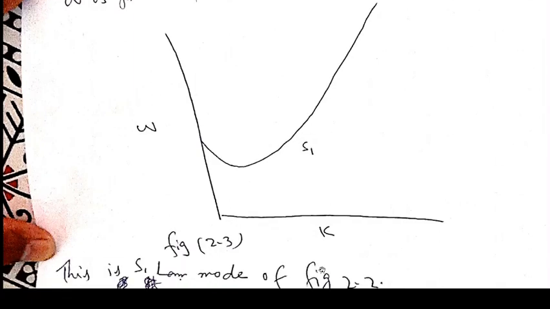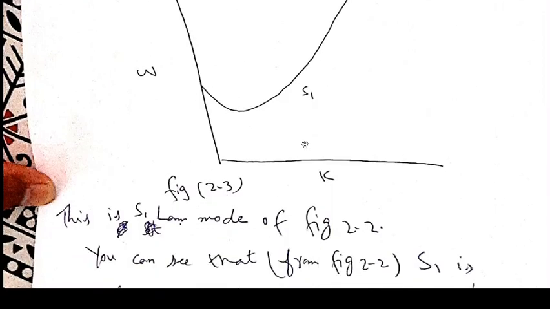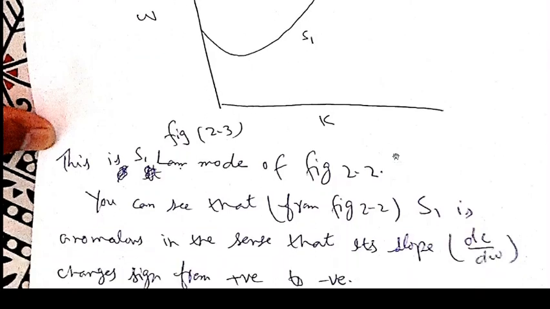Also, the third plane is when we plot omega as a function of K, frequency as a function of wave number. When we plot frequency as a function of wave number, curves appear like this. This is S1. This is the S1 Lamb mode of figure 2.2, which I have written here. This is figure 2.3, and this is the S1 mode from figure 2.2,